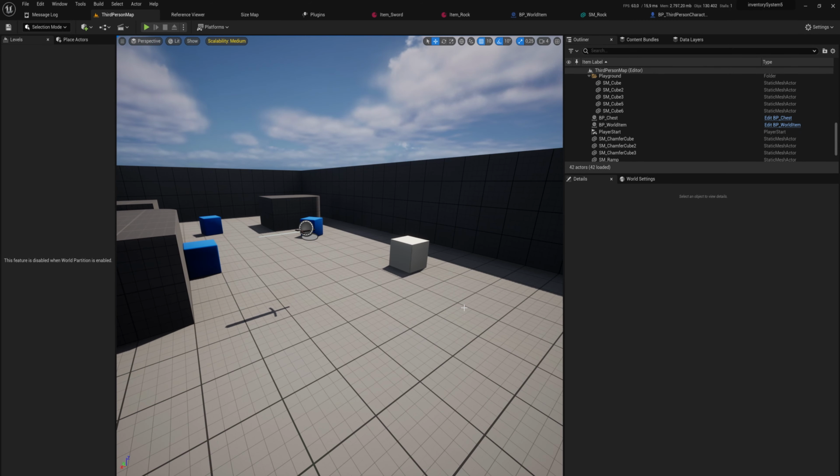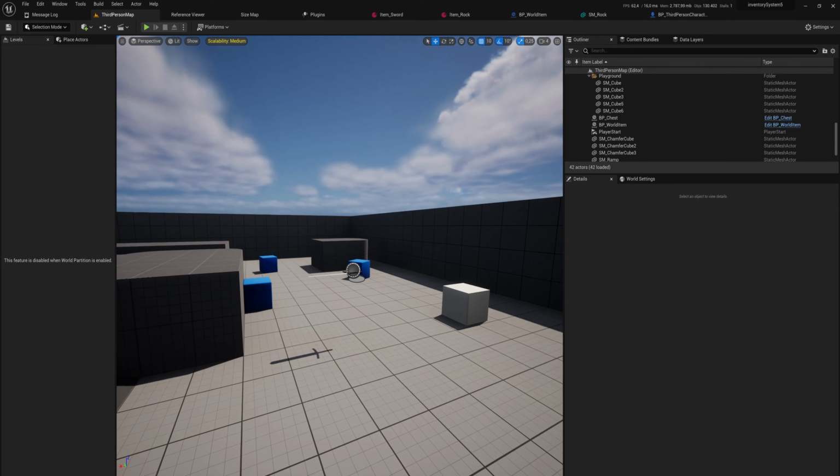It's time to make a UI for our inventory. We have a functioning inventory. I also imported a mesh for the sword, which is part of my low poly weapons asset pack, which you